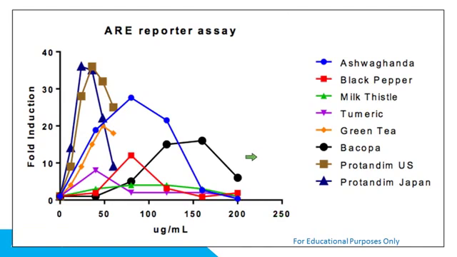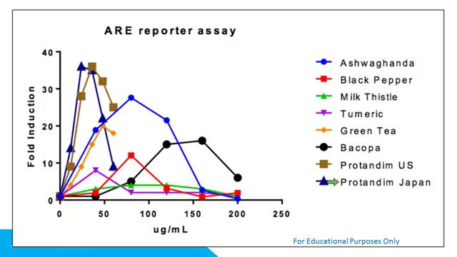Now, if you look at the individual ingredients, they all have some degree of NRF2 activation, but the combination was clearly the best. And there are actually two preparations. There's the U.S. version and there's the Japanese version. And that has to do with the fact that one of the ingredients was felt to be a drug in Japan, but not in the United States.